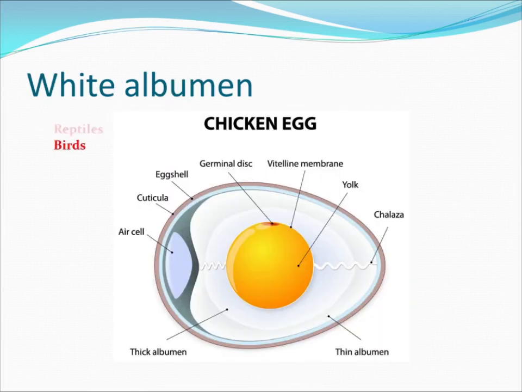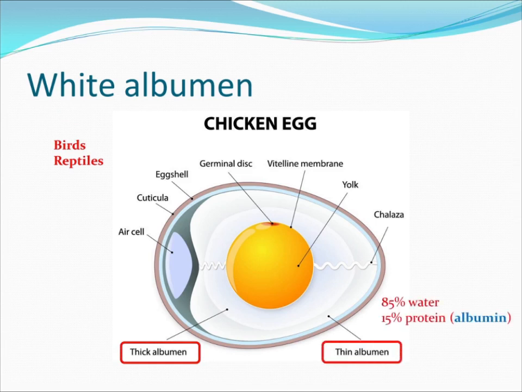First, let us see about white albumen. White albumen is found in the egg of birds and reptiles. It is formed of two layers, the inner thick albumen and the outer thin albumen. It is formed of 85% water and 15% protein, and the protein which is present in this layer is called